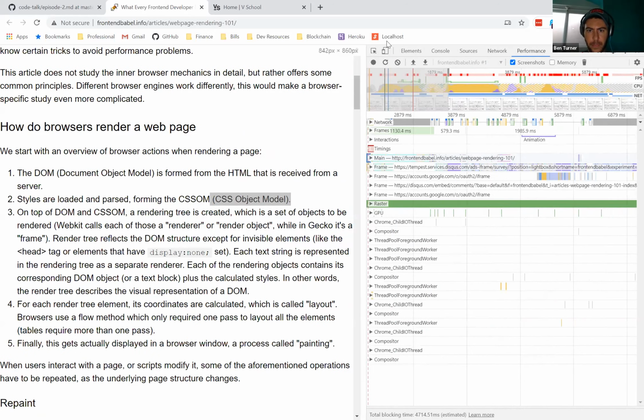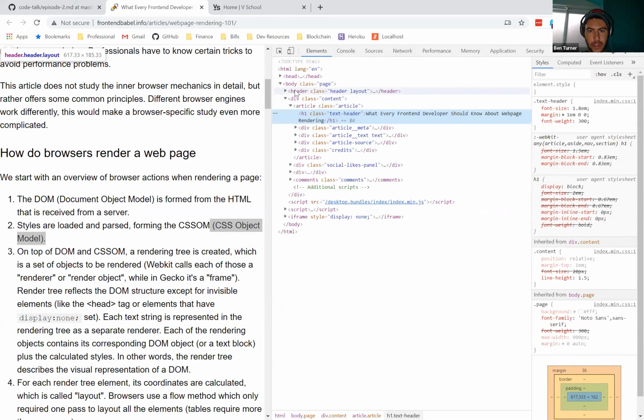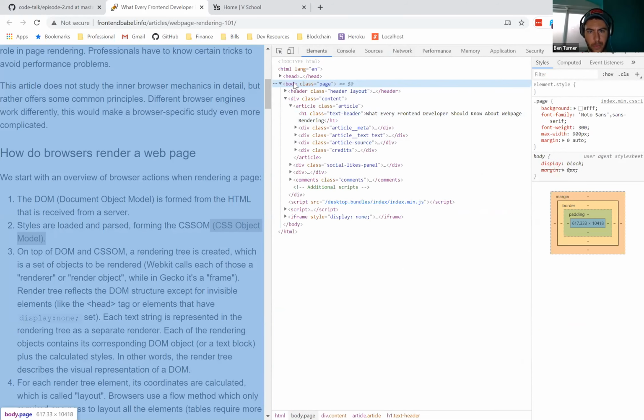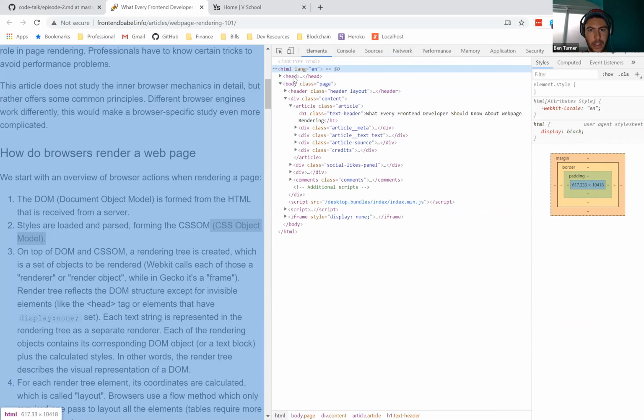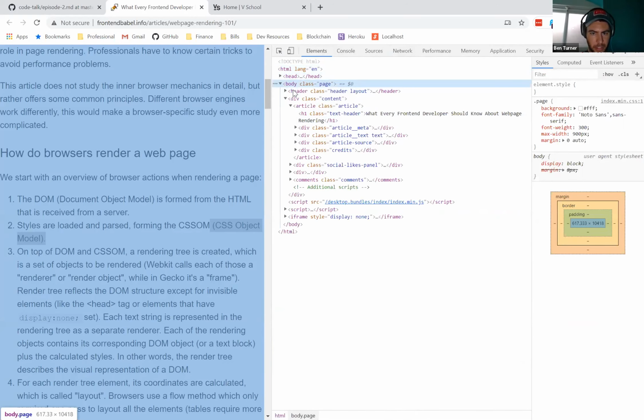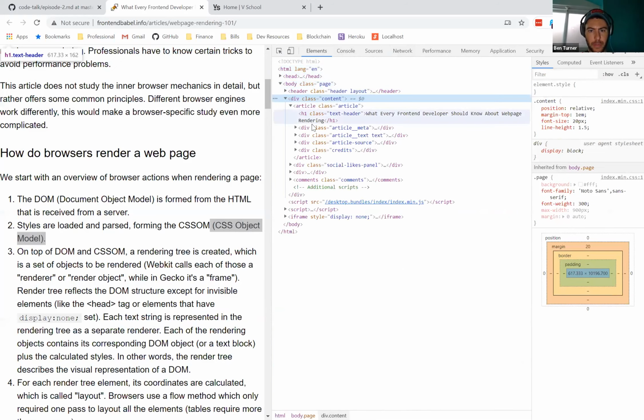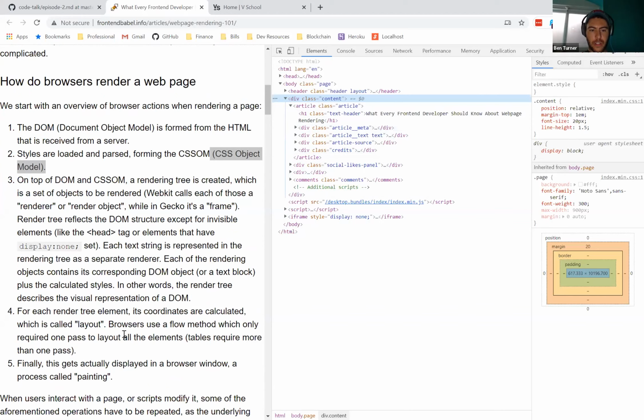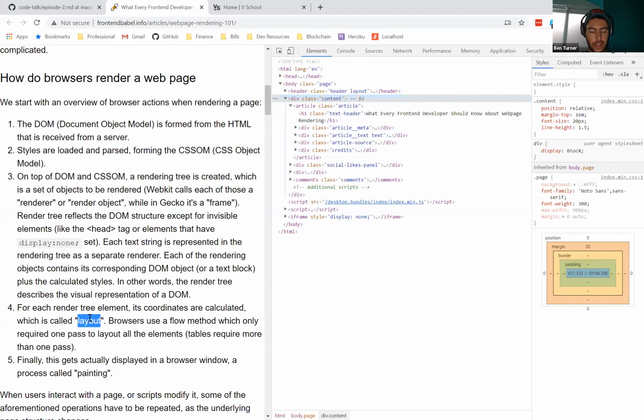Come on, brother. There we go. If we look at the Elements tab, here's our tree, right? The body is kind of the trunk. Well, technically the HTML is the trunk. We've got two big limbs, and then the limbs get smaller and smaller, just like a tree, and it just nests further and further down. Once we have that tree, the browser can then go through and calculate the coordinates of all of those squares, all of those nodes, which is called the layout phase or layout step.